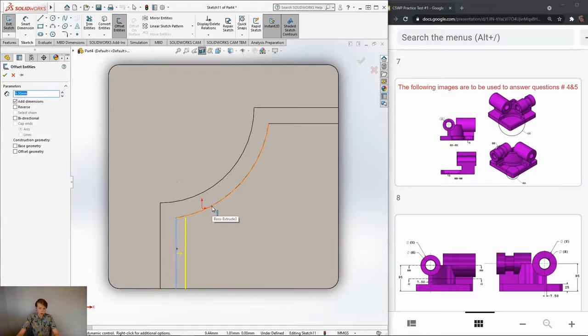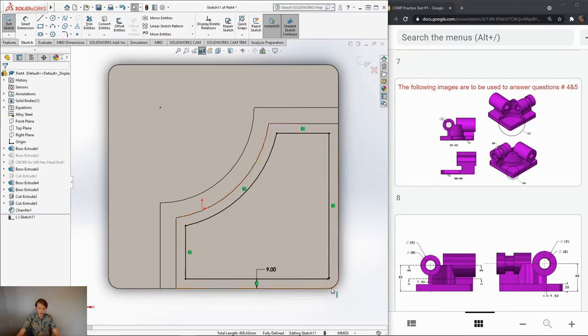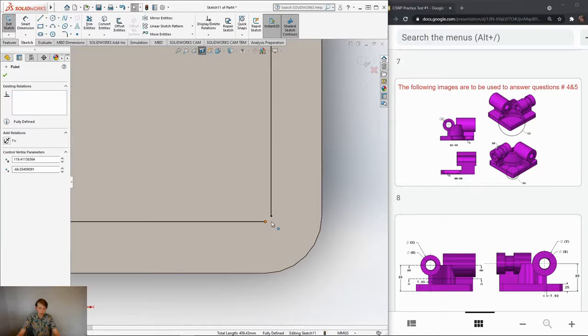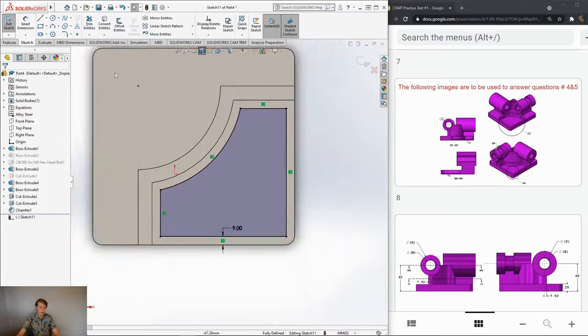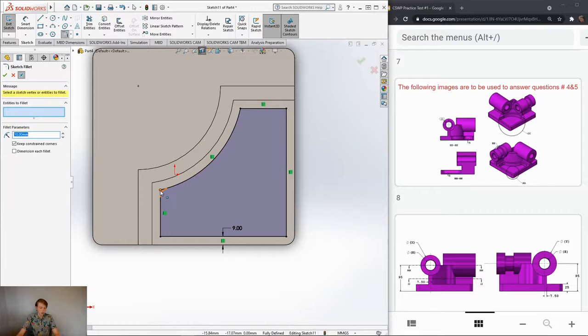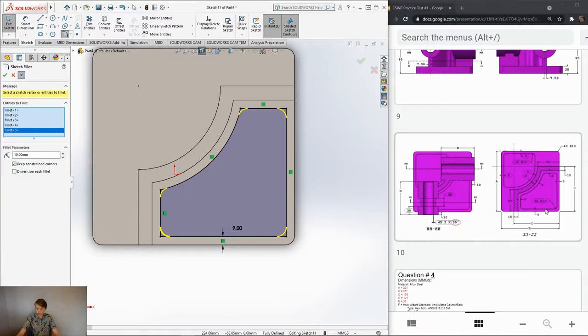So carefully click these lines, make sure only the line is highlighted. I'm not going to click this arc because it's easier for me to just drag these lines into place and then use the sketch fillet with the corners than to have to fiddle with that dimension. So the radius for this cutout is